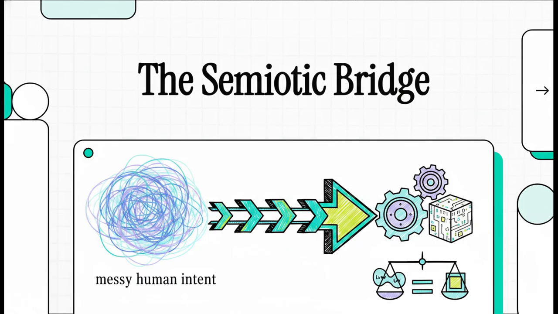Welcome to this explainer. Today, we're diving straight into an absolute architectural marvel hiding right beneath the surface of our digital society. We're going to unpack exactly how you translate human intent, which, let's face it, is incredibly messy and fluid, into flawless, executable machine code. And we're not just talking about building standard apps here. We're talking about the literal engineering of digital law.